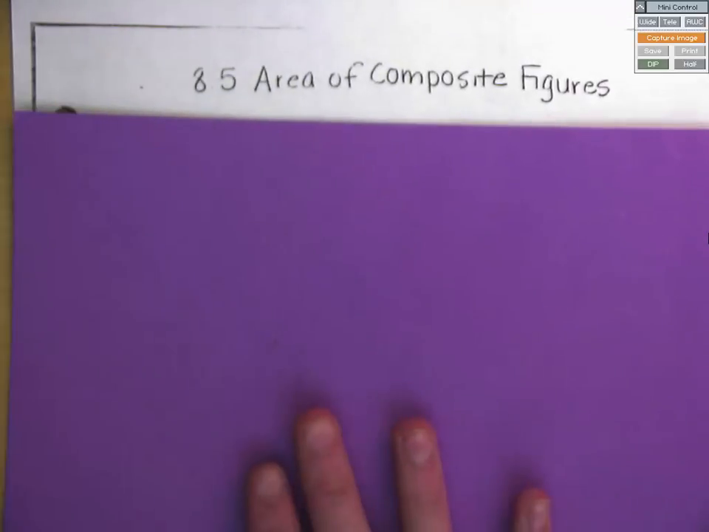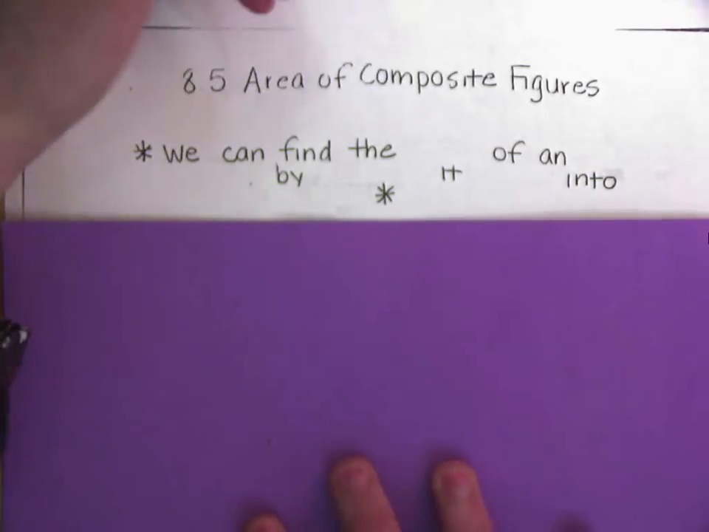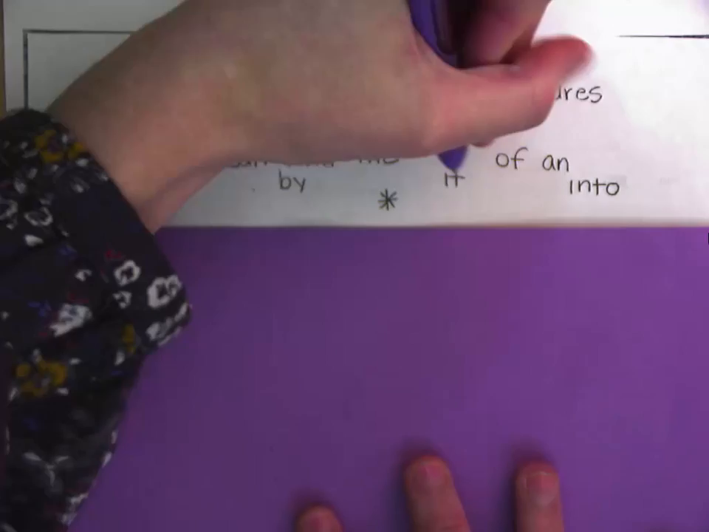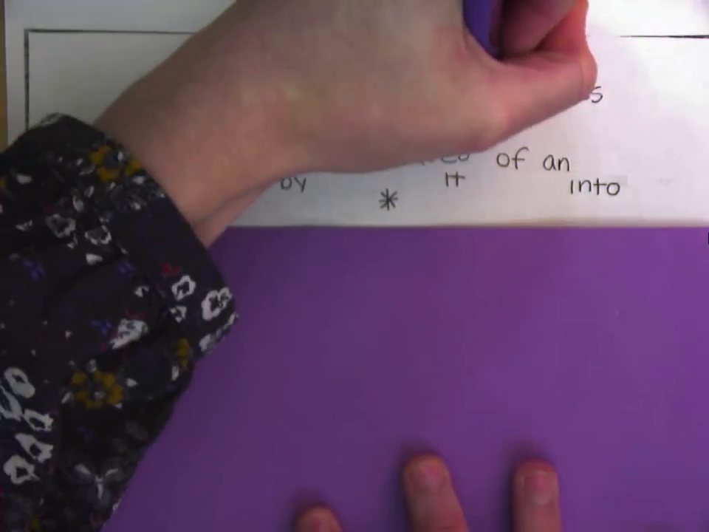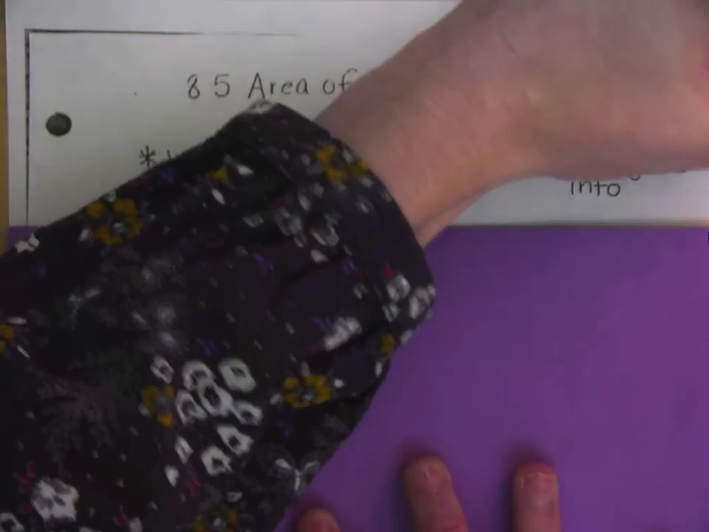Okay, so the main thing we want to keep in mind is that composite figures are also called irregular polygons, meaning they don't really have a regular shape. They could look a little different. So we can find the area of an irregular polygon